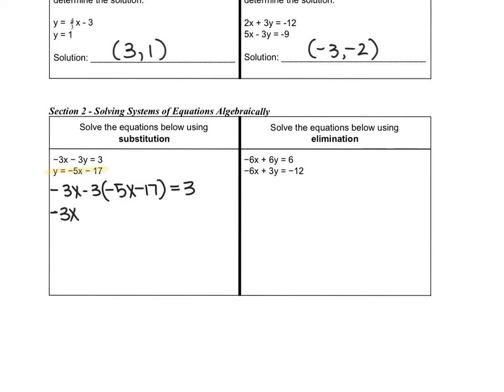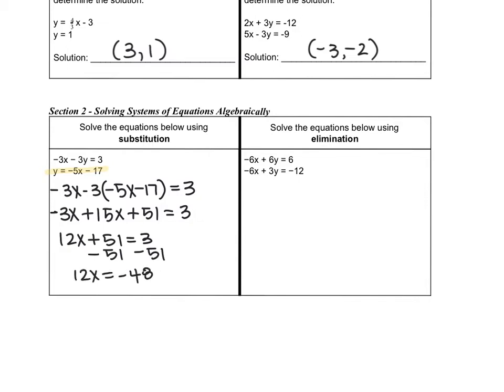Distribute the -3 in parentheses, so it becomes plus 15x plus 51 equals 3. Make sure you're paying close attention to when you distribute a negative into a set of parentheses. Combining like terms, we're going to get 12x plus 51 equals 3. Subtract 51 from both sides, and we get 12x equals -48. Divide both sides by 12. And we're going to get x equals